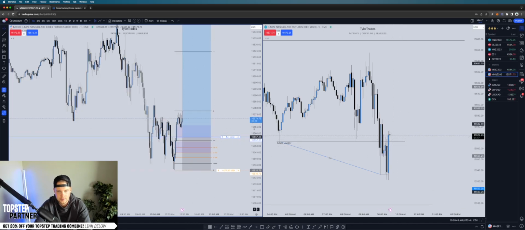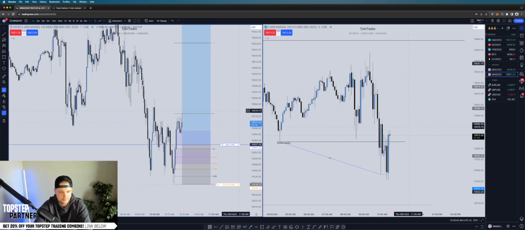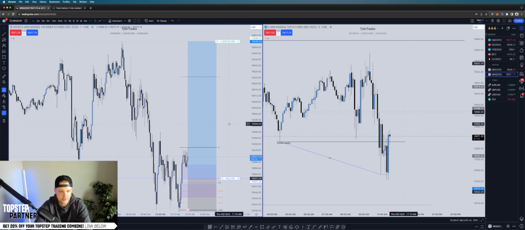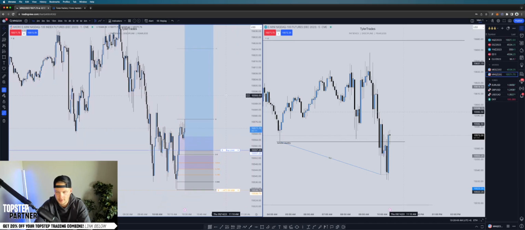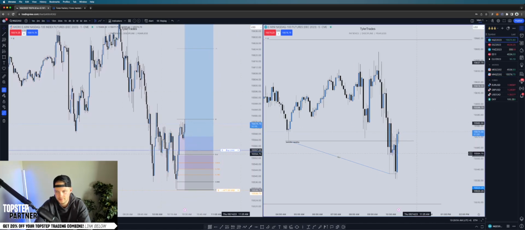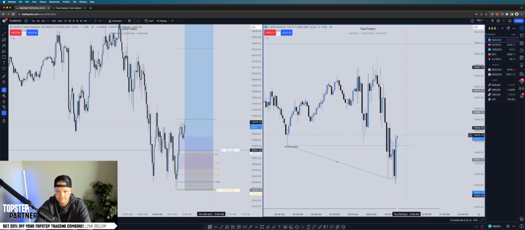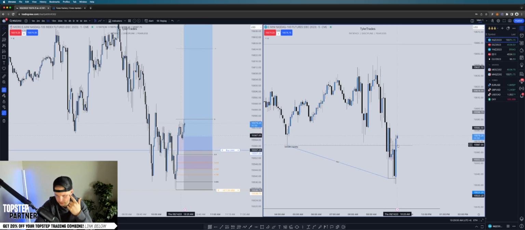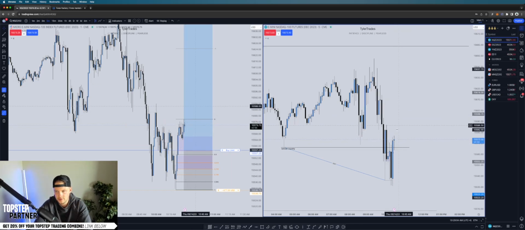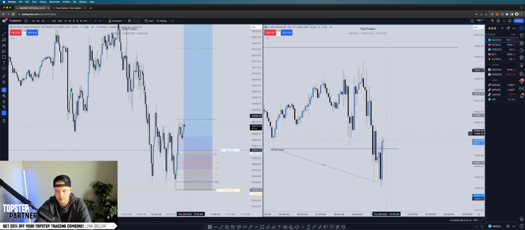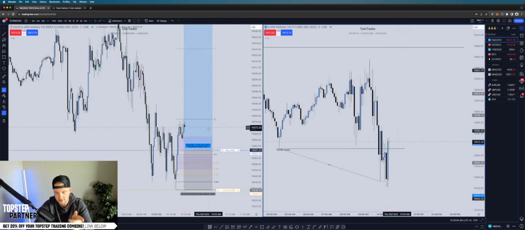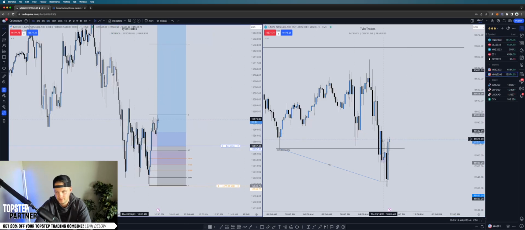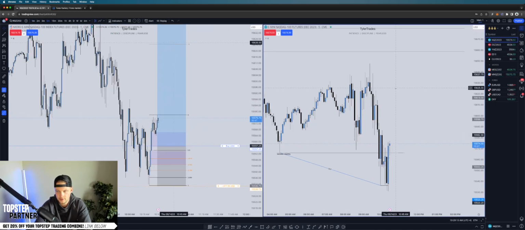But yeah, I just wouldn't want to see it just take off and never come back. If it does so, we may have to adjust. That's why I'm looking at the 5 minute chart over here. Basically, if we start to see that happen, let's say this 5 minute candle were to produce a fair value gap, then we have to work with that. At that point, we would delete this entry over here. We would look to use this 5 minute gap to get long then finally.